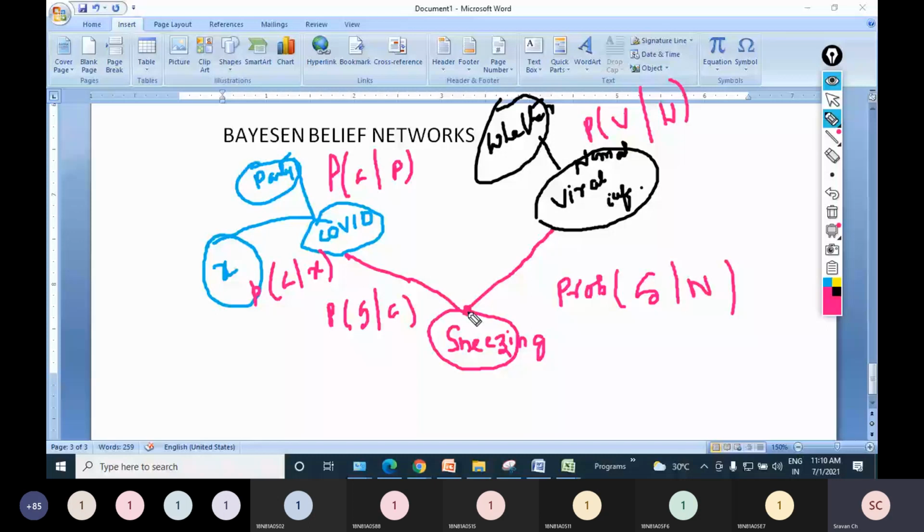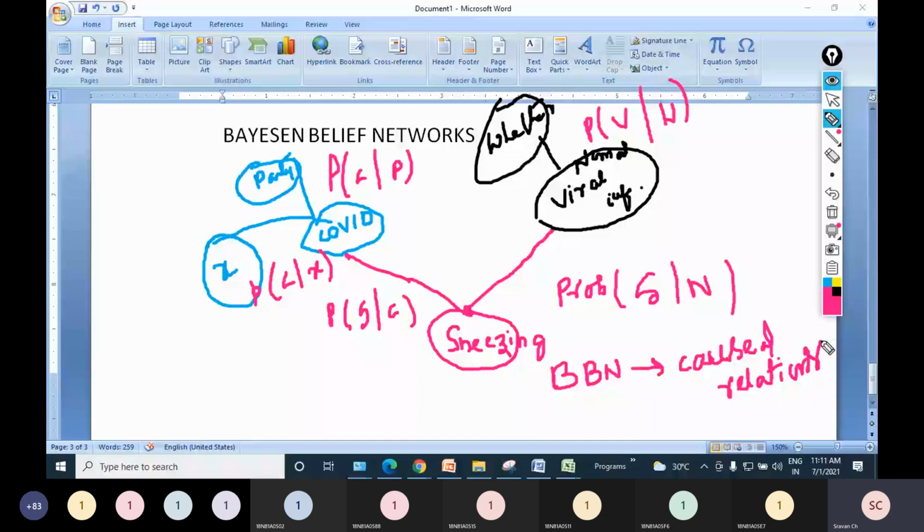So Bayesian belief networks, let me write here BBN, Bayesian belief networks, they help us in finding, right, causal relationship, not casual, my dear friend. Cause relationship, causal. Causal, not casual. Please try to understand. I am not using the word casual, right? Causal means what is the cause, right?